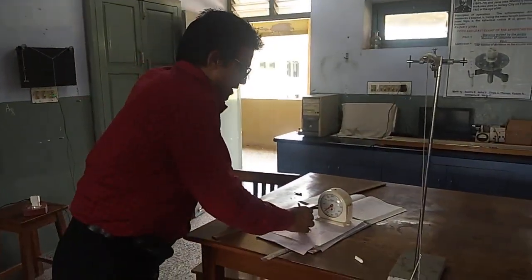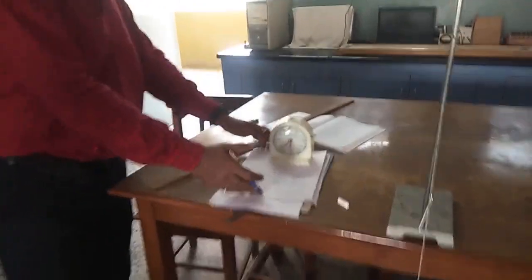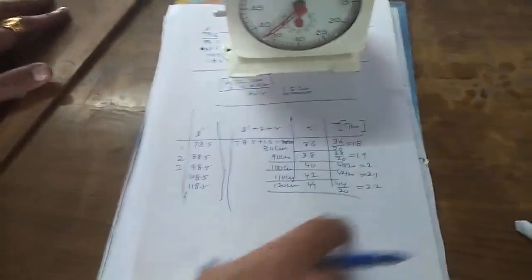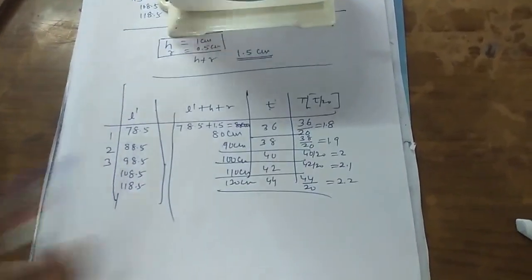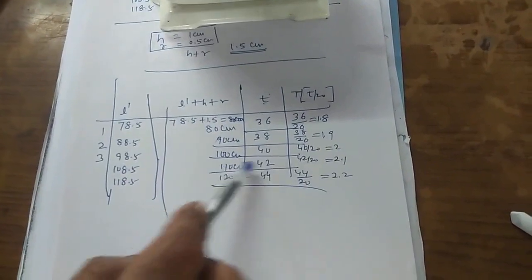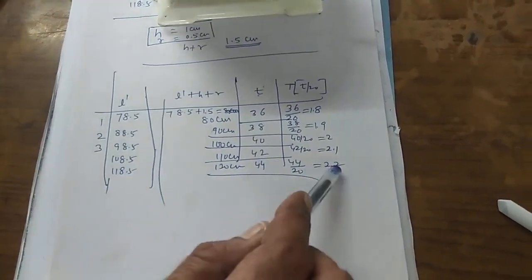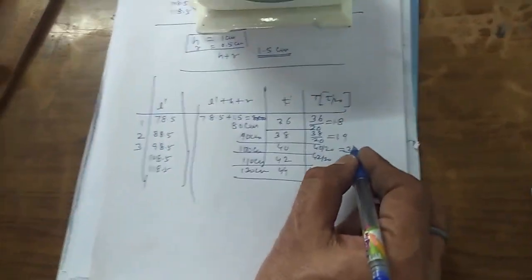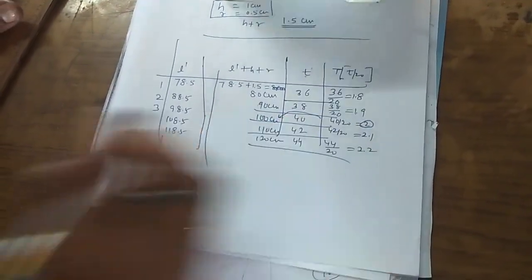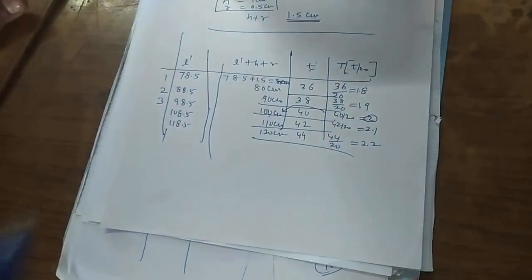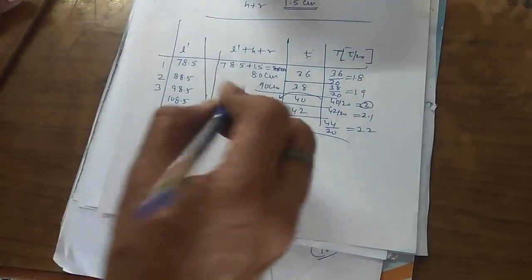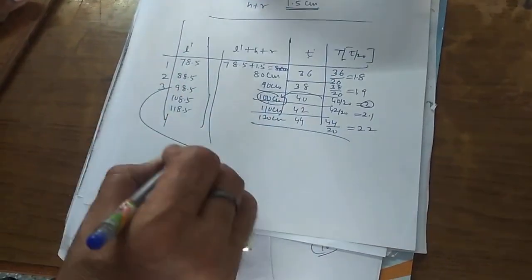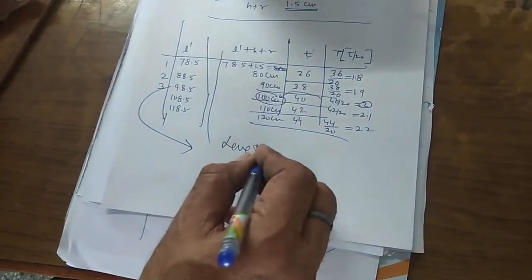So use these readings here. See that these are the readings you have to take here. For 80 centimeter 1.8, 90 centimeter 1.9, 100 centimeter 2 seconds, 110 centimeter 2.1 seconds, 120 centimeter 2.2 seconds. Now see, children, when the time period is 2 seconds, the length is 100 centimeter, but this length includes the length of the hook and the radius of the bob. So the actual length at that time is 98.5 centimeter. So this is the length of the second pendulum.